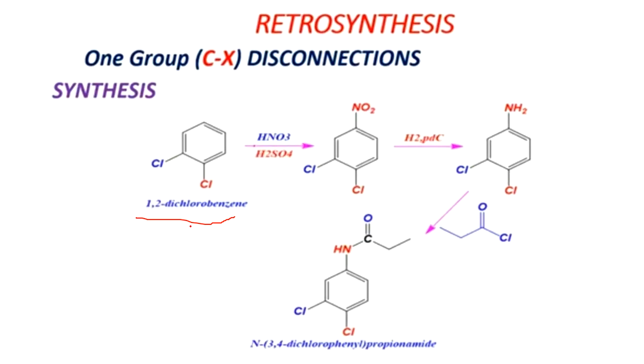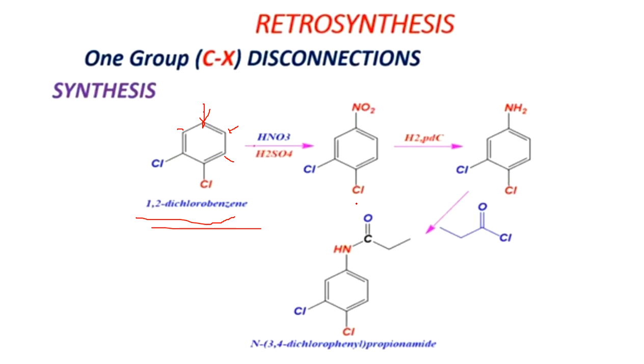So from 1,2-dichlorobenzene we have to proceed to make our given starting material. When we are doing a nitration reaction on this 1,2-dichlorobenzene, we have to know the reactivity of this chlorine group. Chlorine is an electron withdrawing group, so it could react at the ortho, meta position. This is an ortho position, this is also an ortho position, this is a meta position, this is also a meta position. So we are getting two positions, and we have to do the reaction at any one meta position.